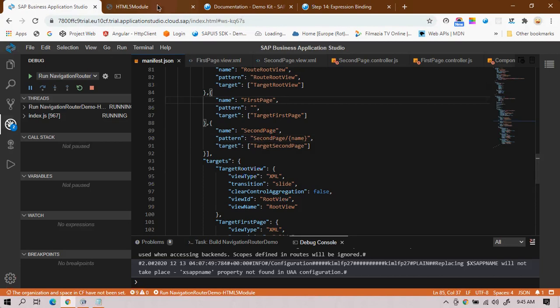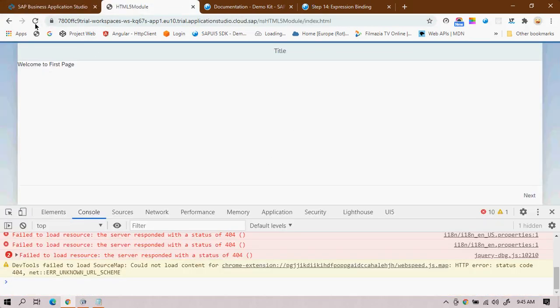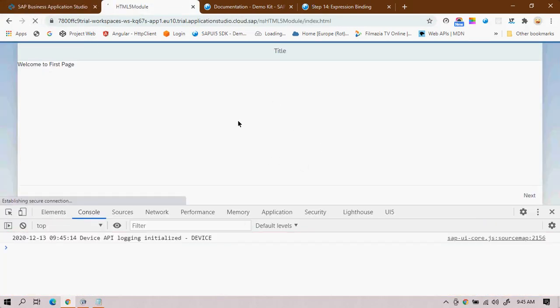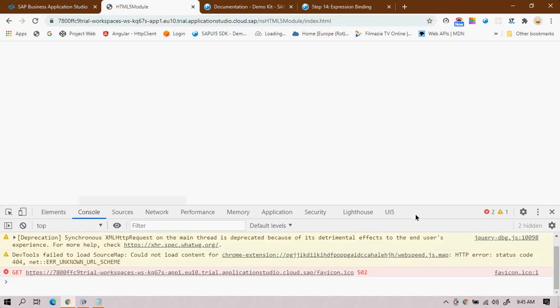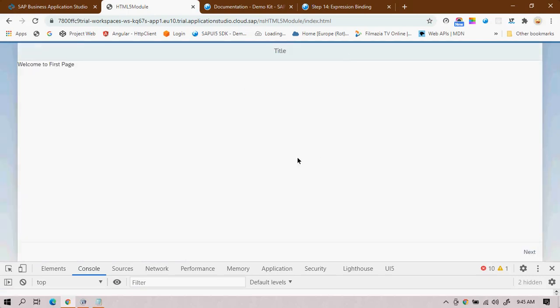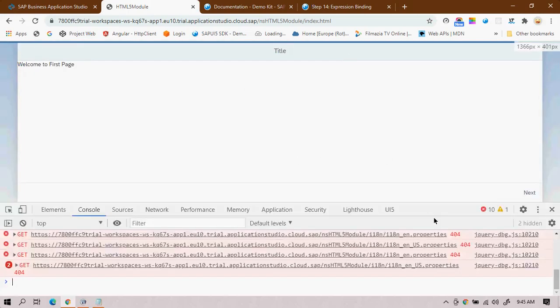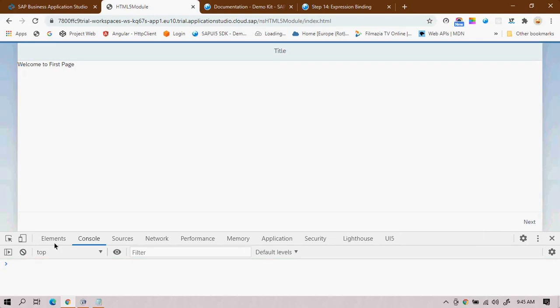Okay, so once I've done that, let me try to refresh this. I'll tell you how it looks. I've already set the debugger so that I can identify.